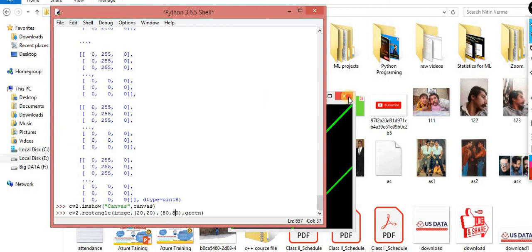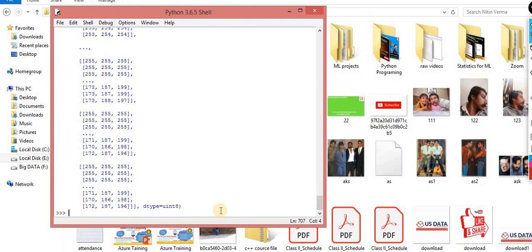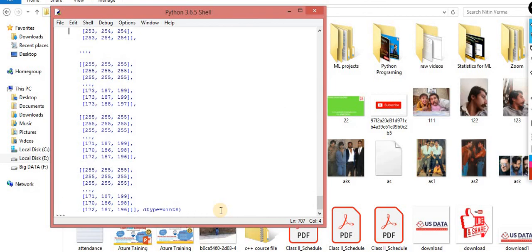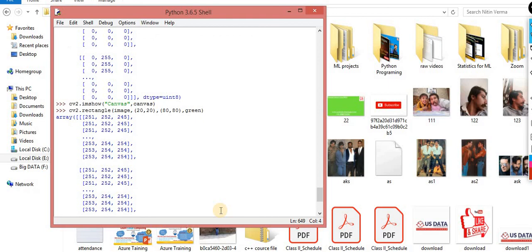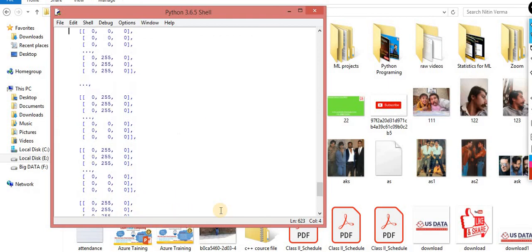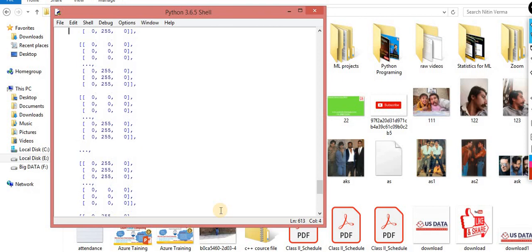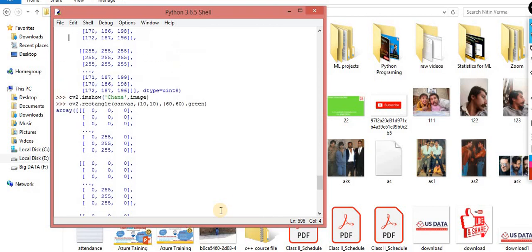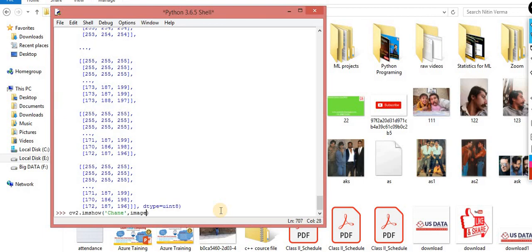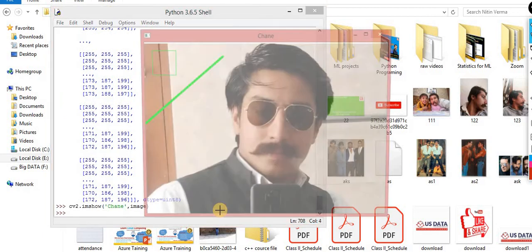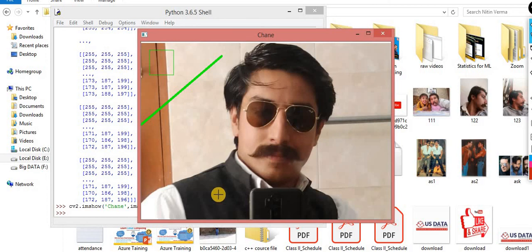Excuse me, sir. Sir, I want to know, is it necessary to give 3 channels as a parameter? Sir, if you are working with 3D images, then it is mandatory. If you are working with a 2D image, then there is no need. Like when you draw a canvas, a canvas is a 2D image, so there is no need to give 3 channels.